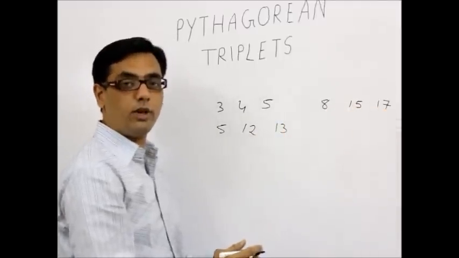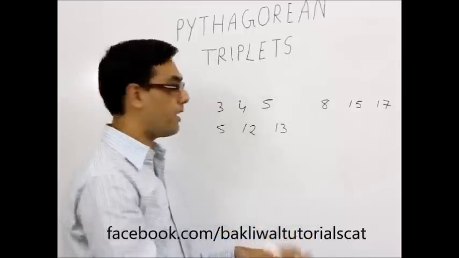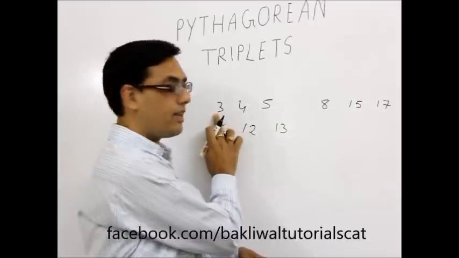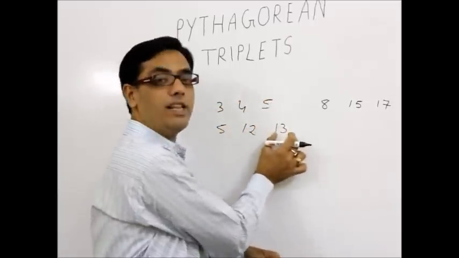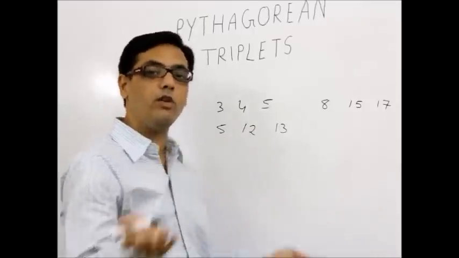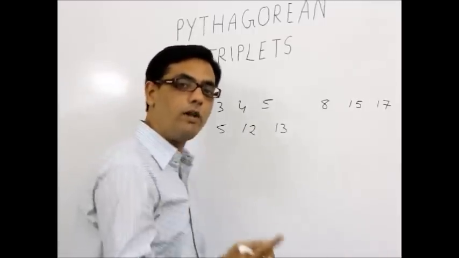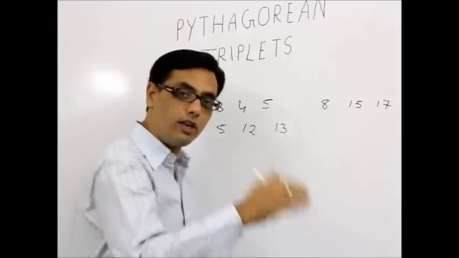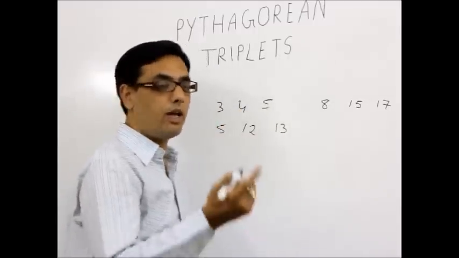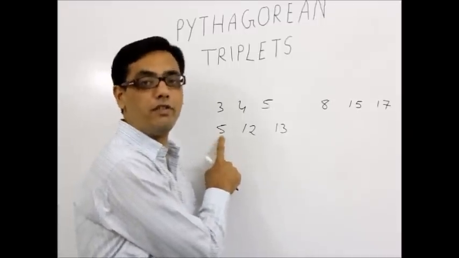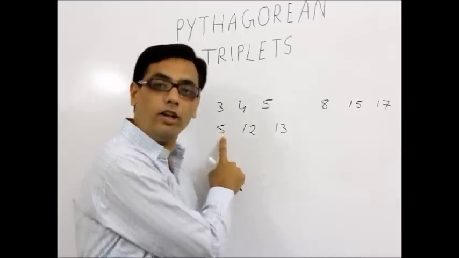Now what I am going to teach you is an amazing trick or shortcut. Given the lowest number, given 3, we can tell the triplet corresponding to 3 as 4 and 5. Given 5, we can tell 12, 13. So given any integer number in the world, we can tell at least one Pythagorean triplet with that number being the smallest integer. For example, I want to find it with 5. First I am teaching you with odd numbers. So 5 is an odd number.